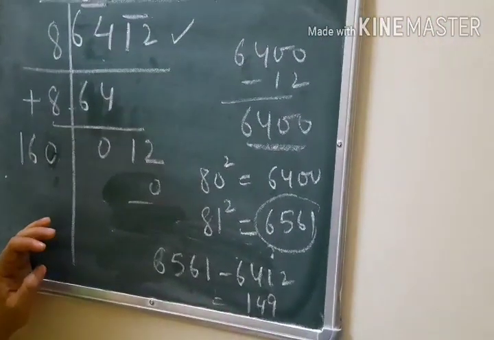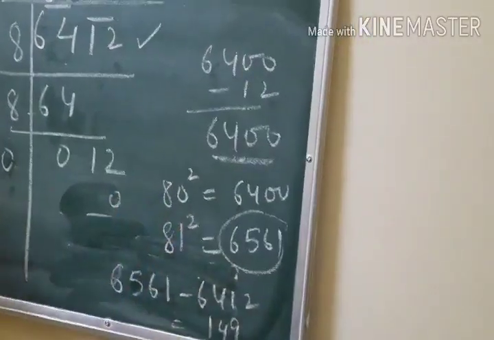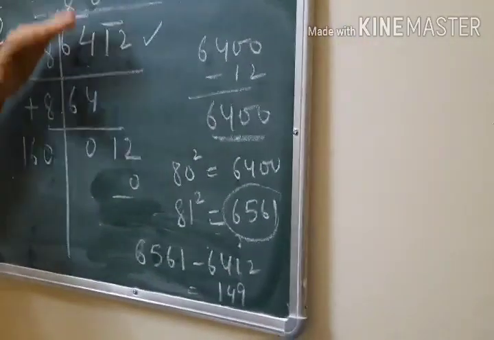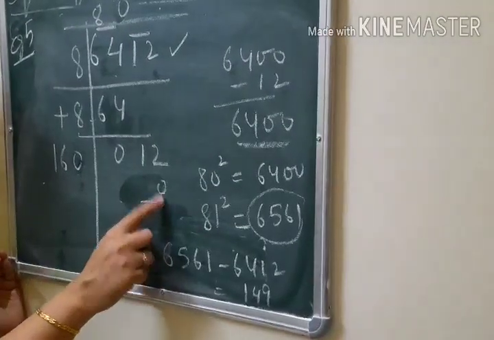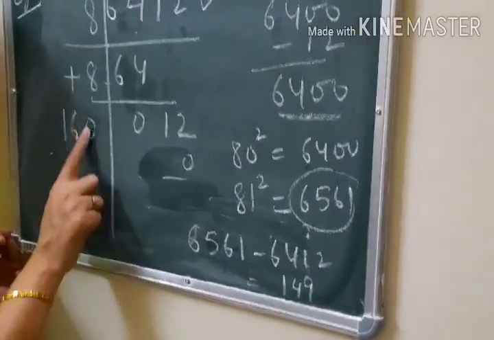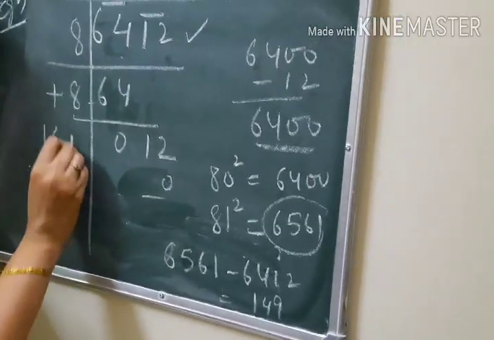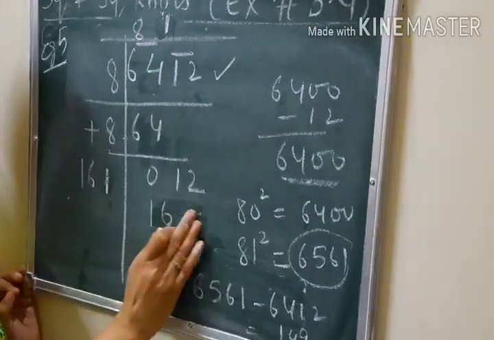Here also you will get the answer 149. So these are two methods. One method is that you do in the same manner. Whatever number is required here, in a question related to addition you don't have to take that number. You have to increase one number. 161, 1s are 161. And here we will get 161.